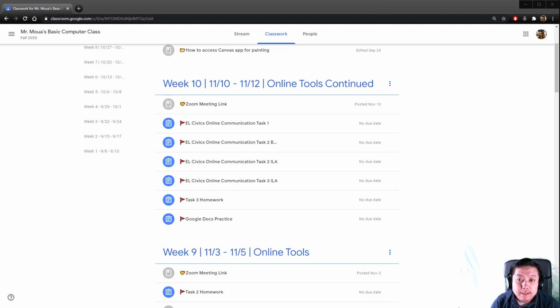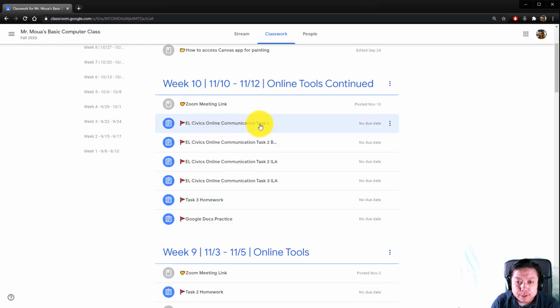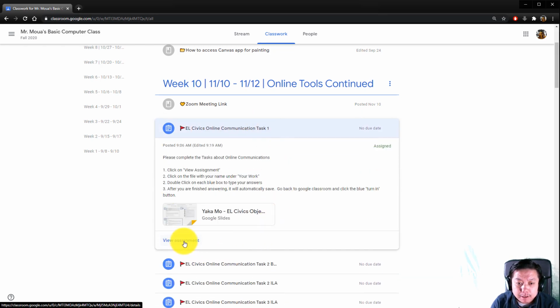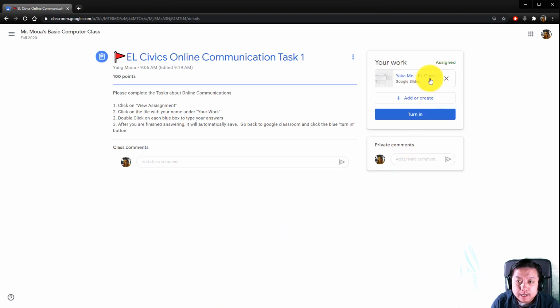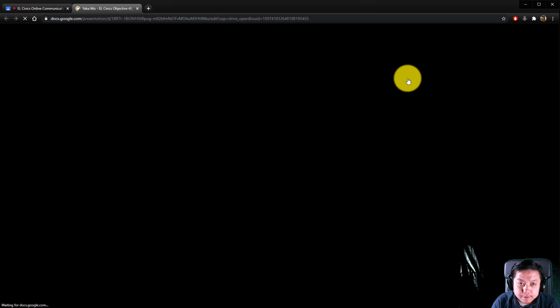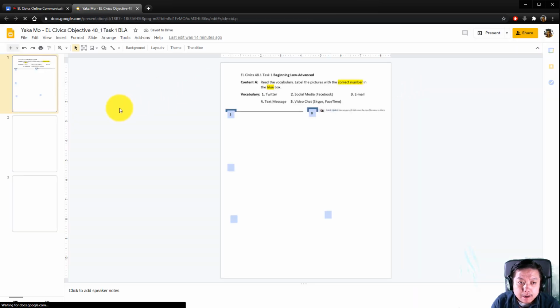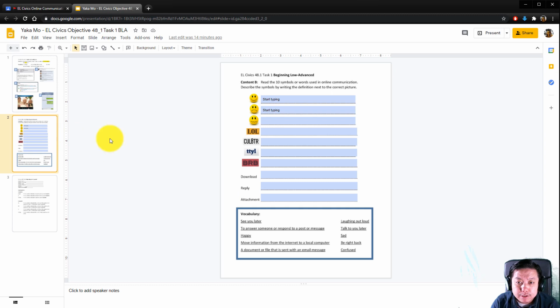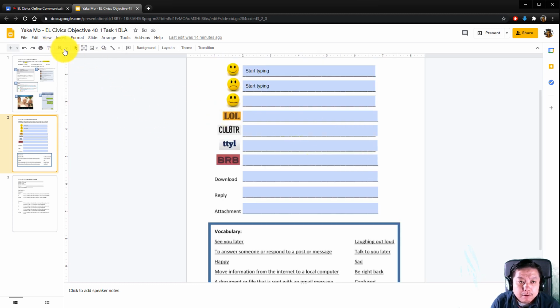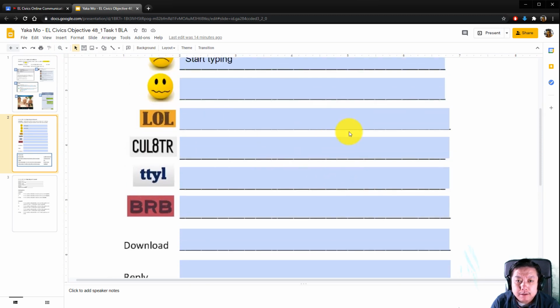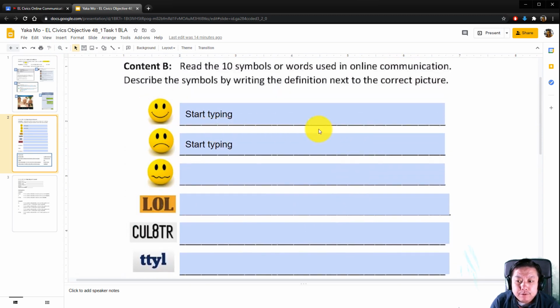There's one more thing that I want to show you before I end the video. For example, I'm going to go back to task 1, click on view assignment, and then click into the assignment to open it. Let me go to the second page. Let me make this bigger, 200%. If you see the blue box,